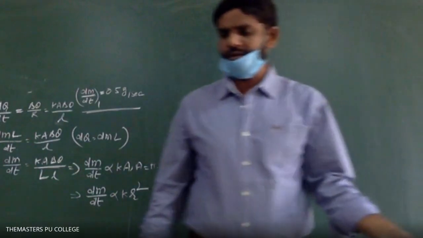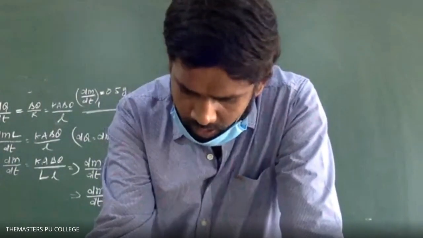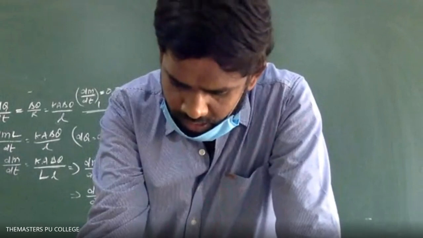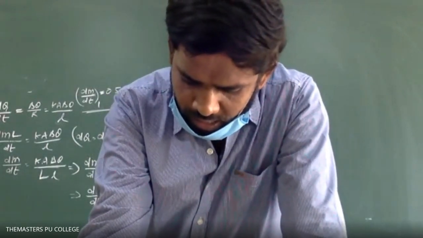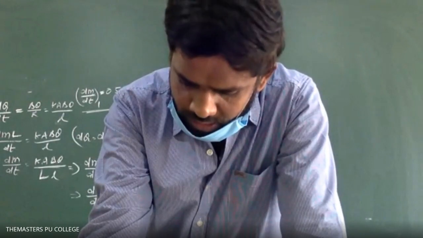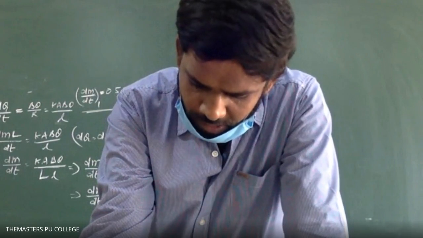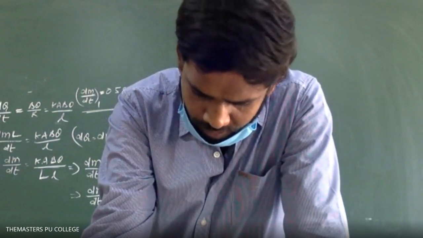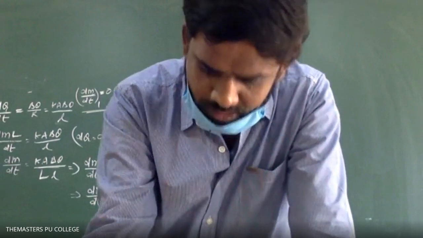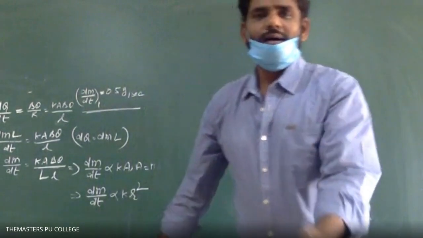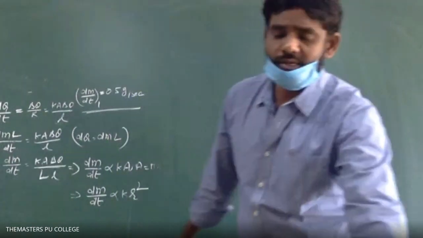Okay, so what they have given in question number 6. Two plates, each of area A, thickness L and 2L, and thermal conductivity 2K and 3K, are joined to form a single plate of thickness 3L. If the temperatures of the free surfaces are theta and 2 theta, assume the temperature of the junction.